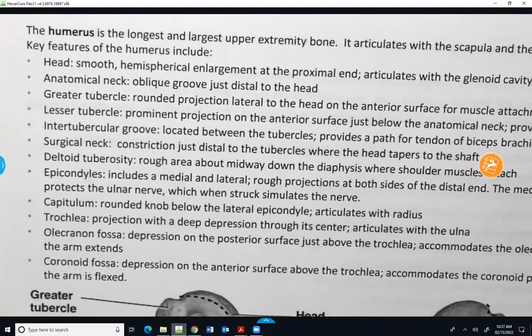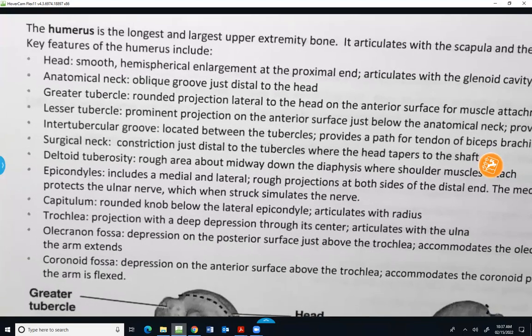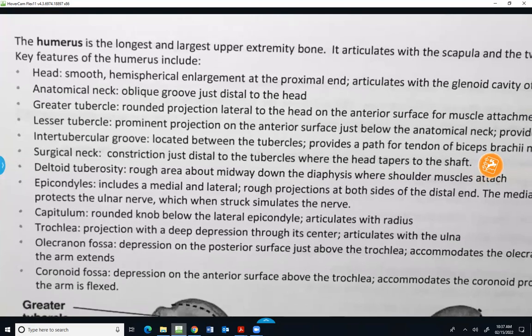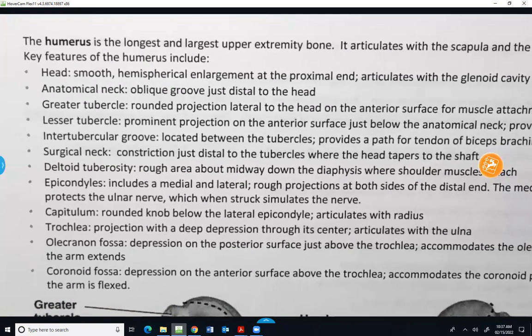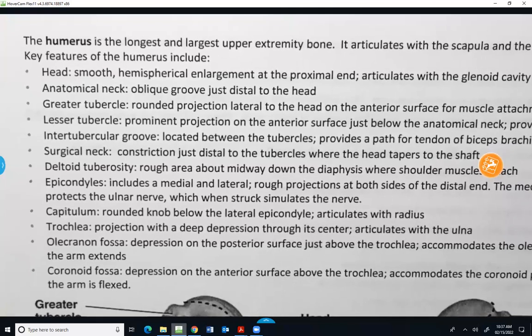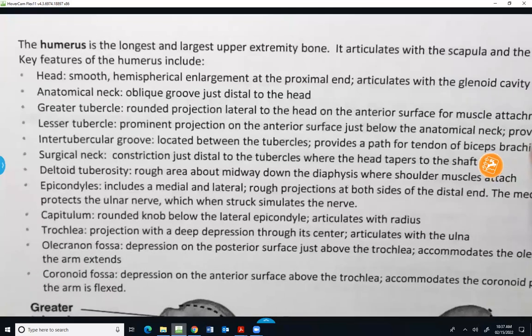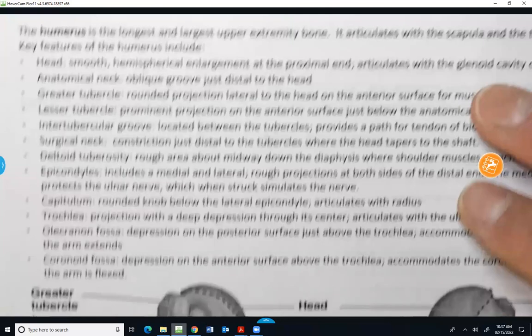Okay. So we said that there's like 3 shoulder joints. Well, there's actually 3 elbow joints. Okay. 2 of them involve the humerus. 1 of them does not. And we'll talk about that more here in a second. Okay. Let's just start